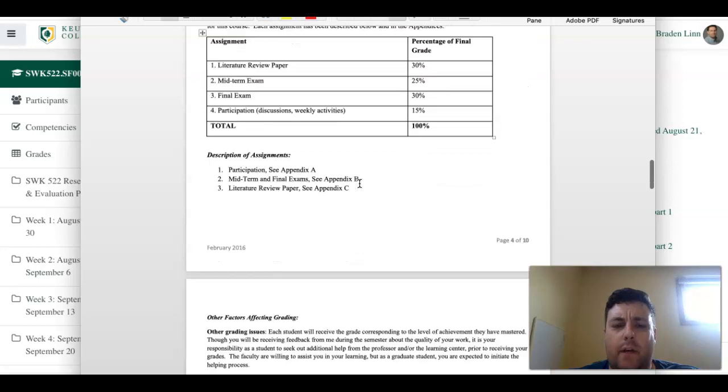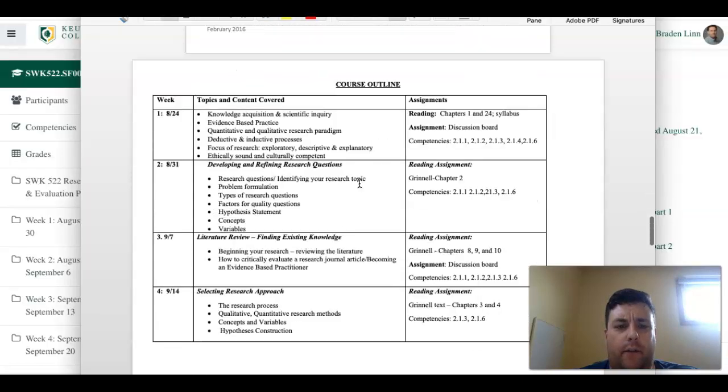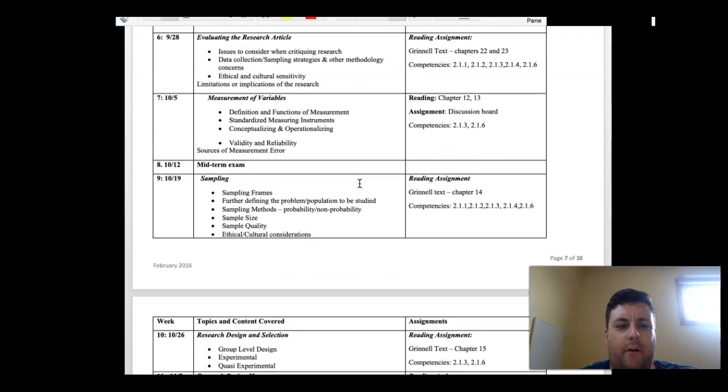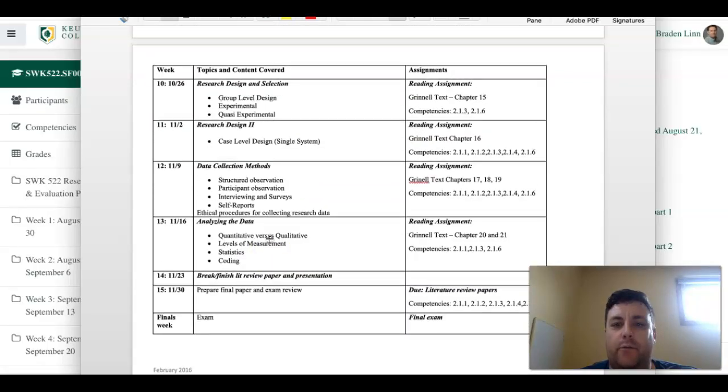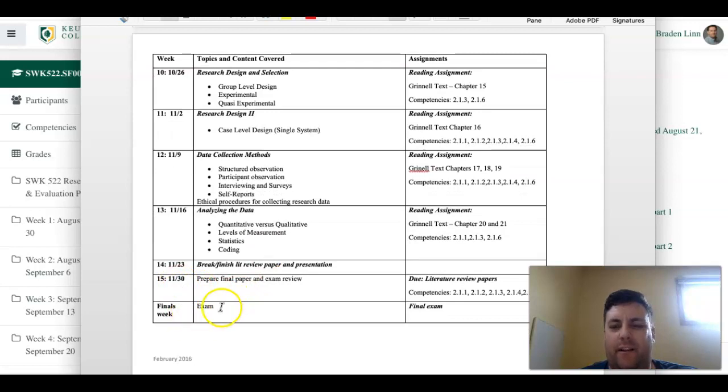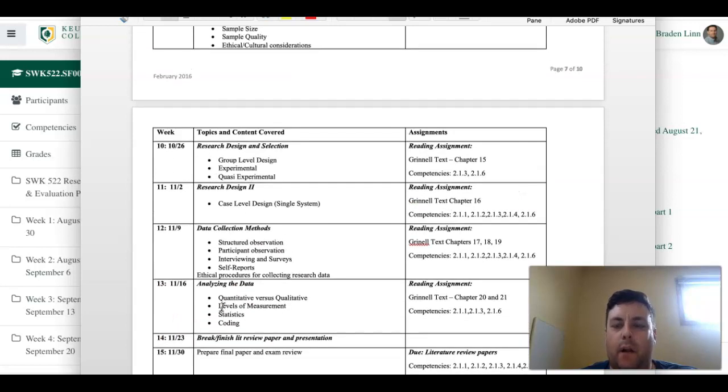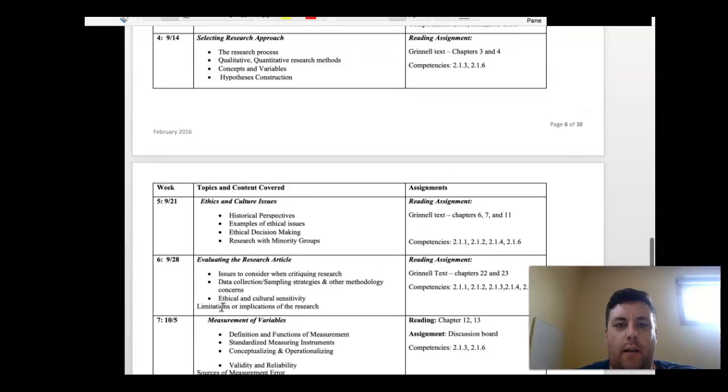The exams, we can look at the schedule here. So the exams are scheduled for week 8, and then finals week. So that'll be like that first weekend in December. And exams,